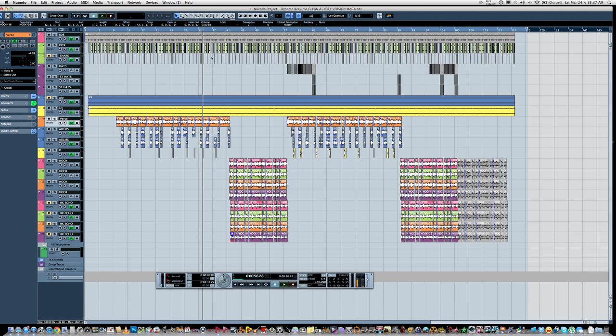So as you can hear, that is the dirty version. And what we want to do is take this version, clean it up, remove the profanities, and then have the clean version coexist within the same exact session. Now, when I say coexist, I don't mean exist down here with these. I mean exist on the same exact tracks. That way you don't have to change automation data. You don't have to try to bring in tracks.